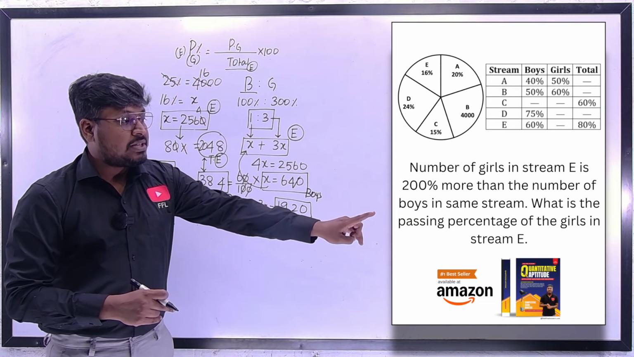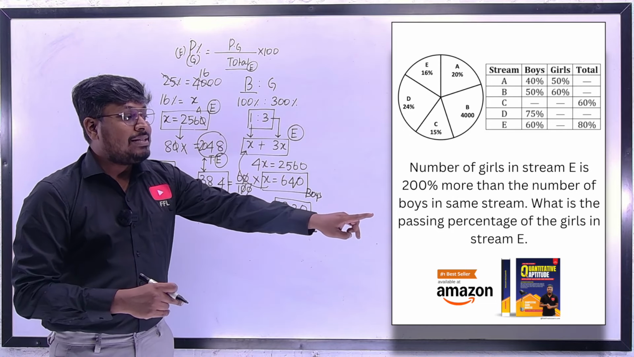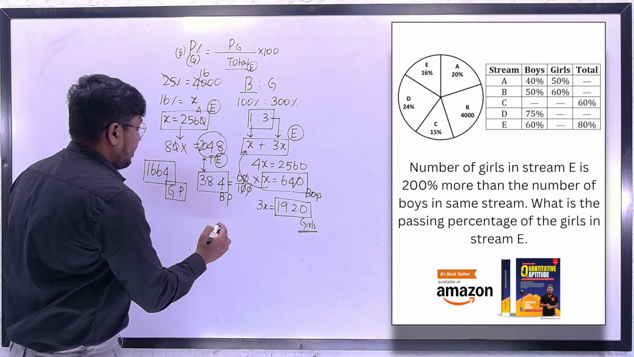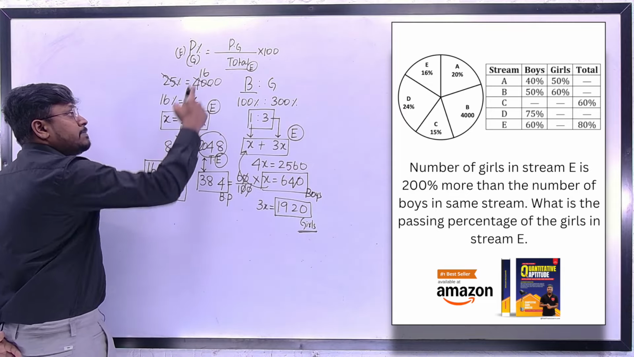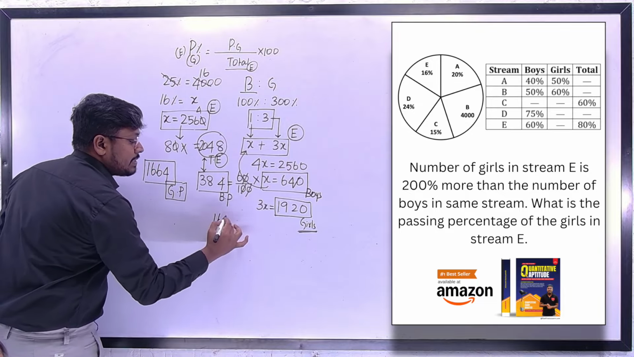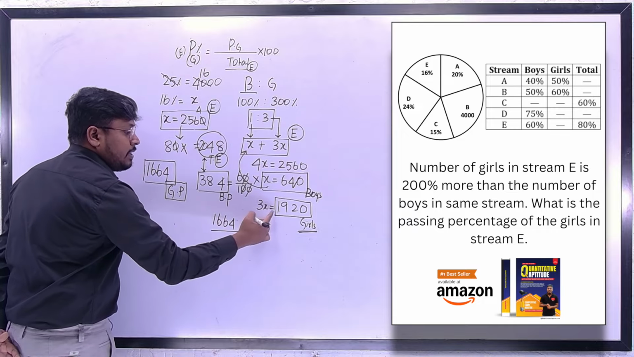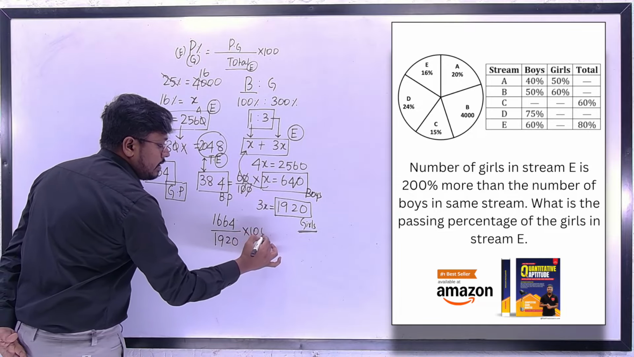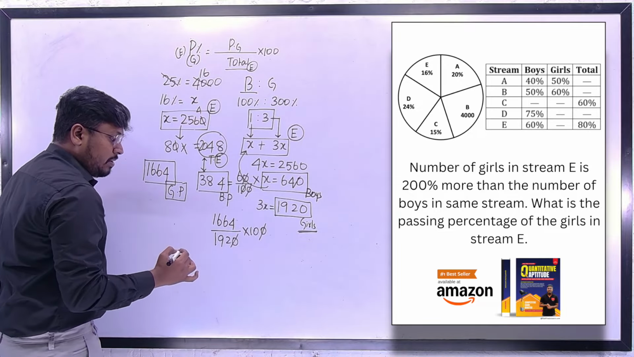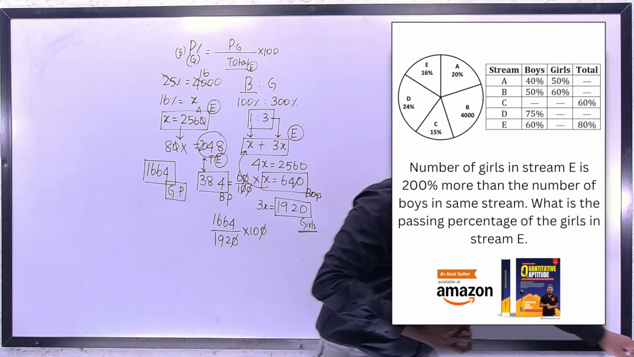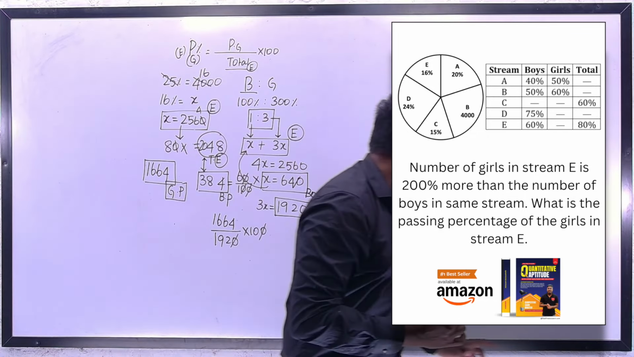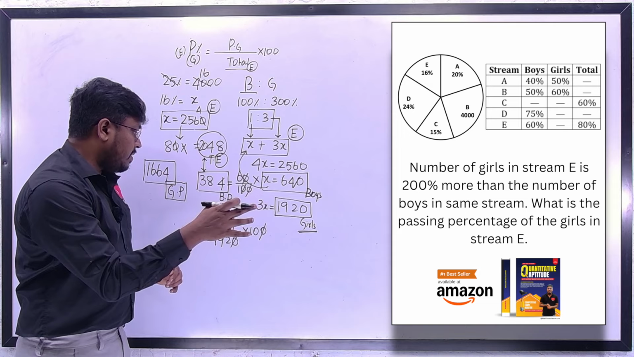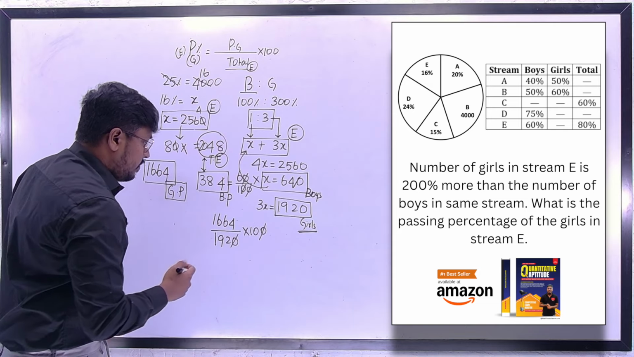So according to the question, our target is to find the pass percentage of girls in stream E. So we just substitute the girls passed value, 1664, divided by the total number of girls, 1920, into 100. Finally we can cancel it. Do we need to find an approximate answer? Just a minute. Yes, they have given approximate answers. Okay, so all the options have been given. None of these was not there. So we have to find